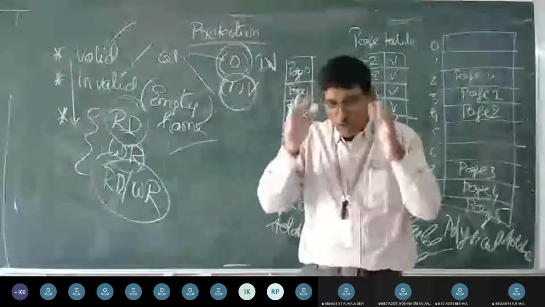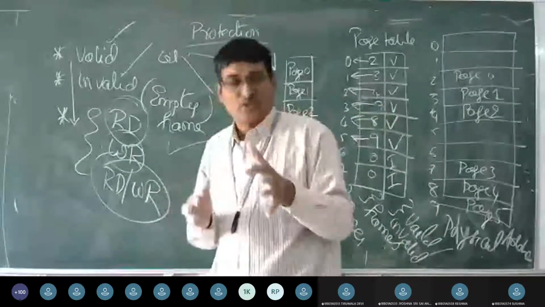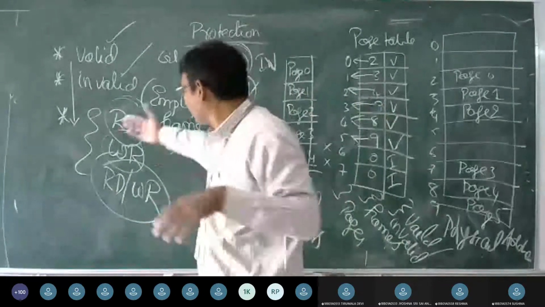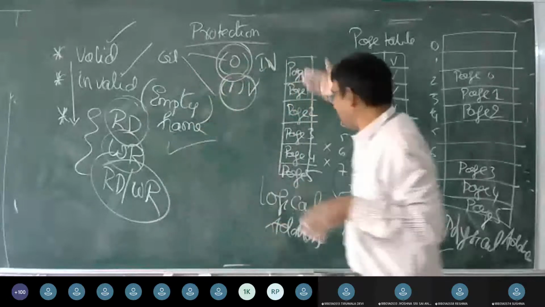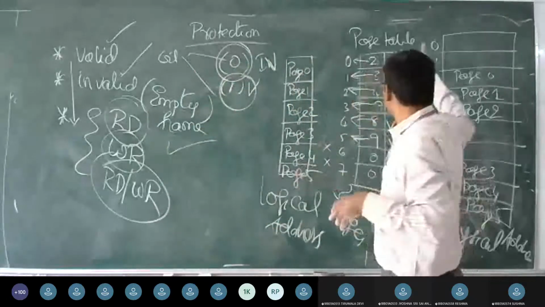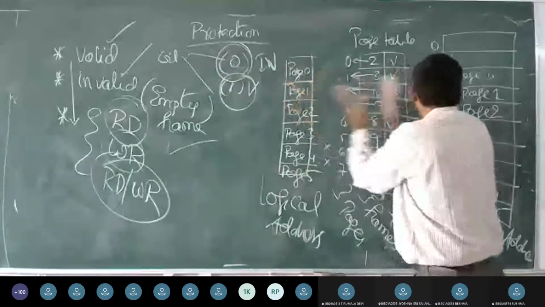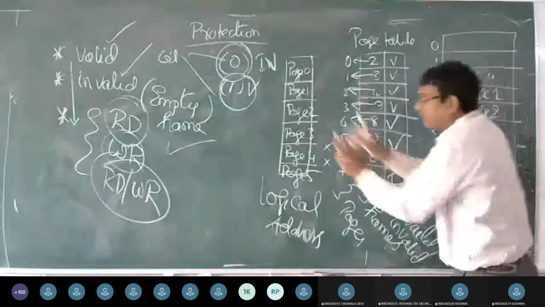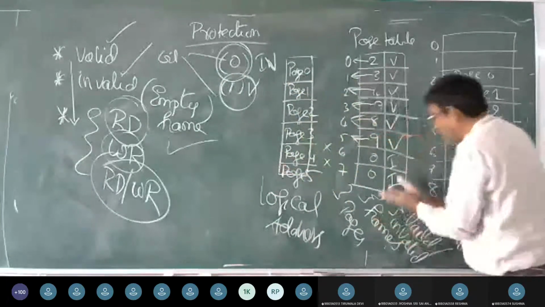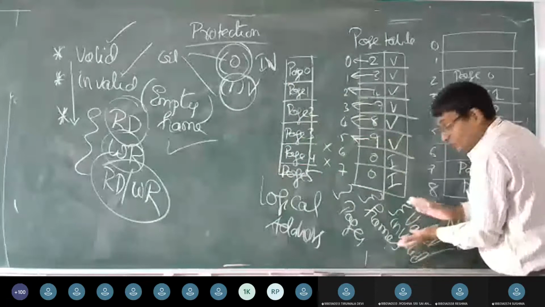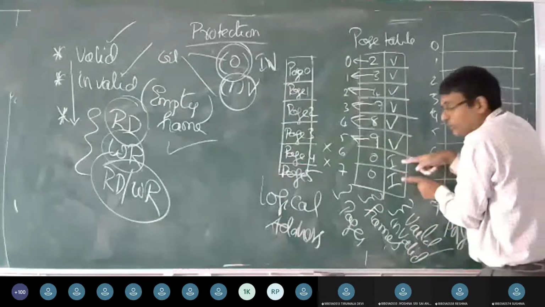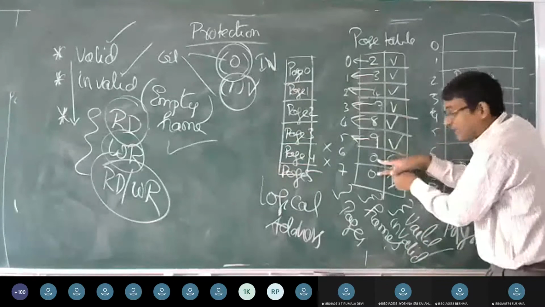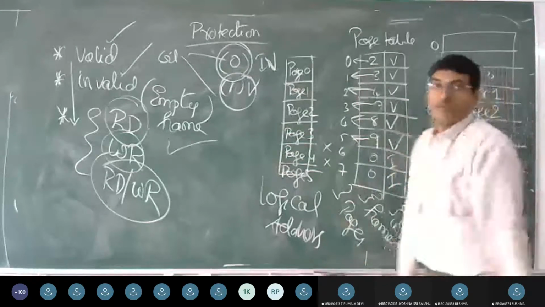Next one, how is protection going to be associated. Protection will happen for read, write, and read-write, and the content is going to be available in the logical space. It is going to be valid and matched to the physical space. If the content is not available, not reciprocated into the page table, and thereby there is no availability of the space here, we are going to mark it as invalid.